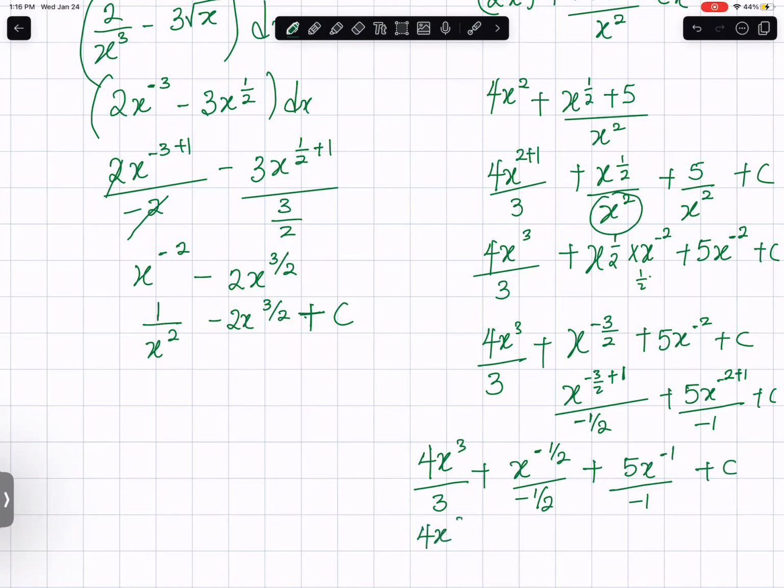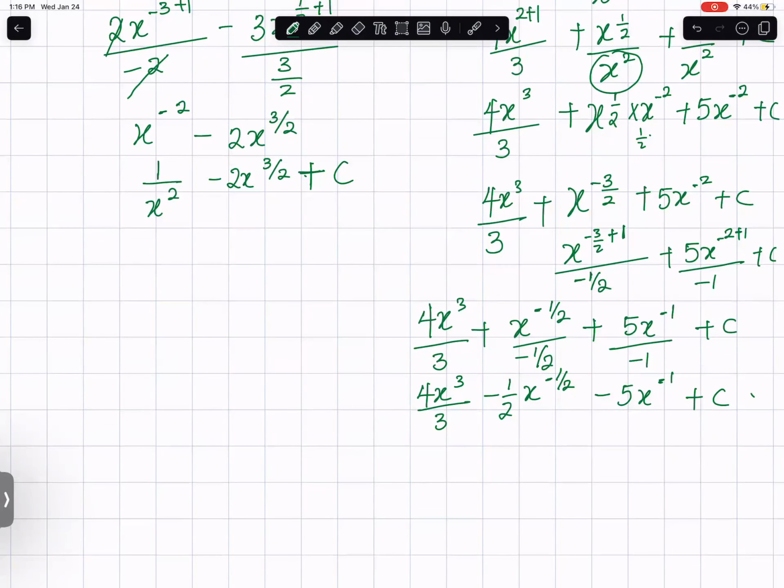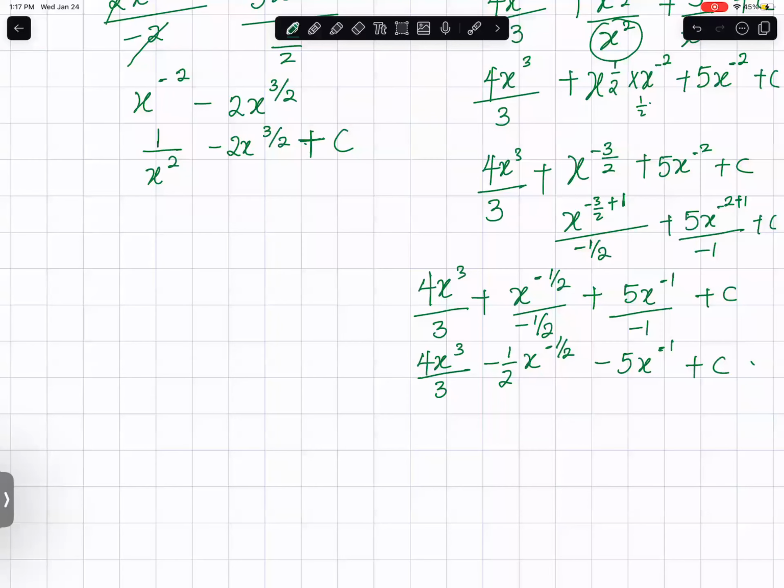We have 4x cubed over 3 minus 1 over 2 x to the minus half, minus 5x to the minus 1, plus c. So this is the answer to this expression. This can be simplified to 4x cubed over 3 minus 2x to the minus 1 over 2, minus 5x to the minus 1, plus c. That's the final answer to that because you have to divide this by